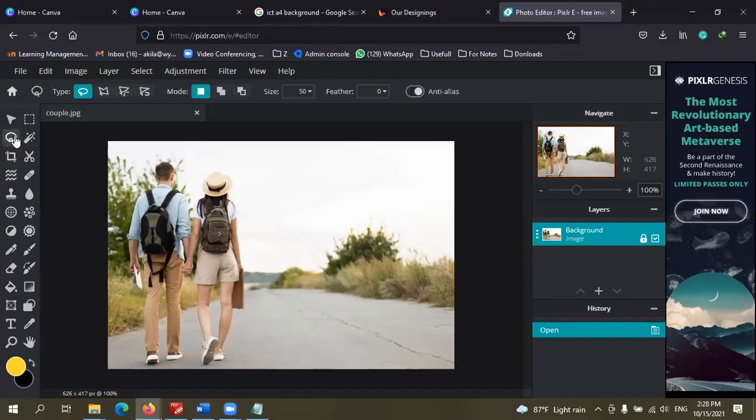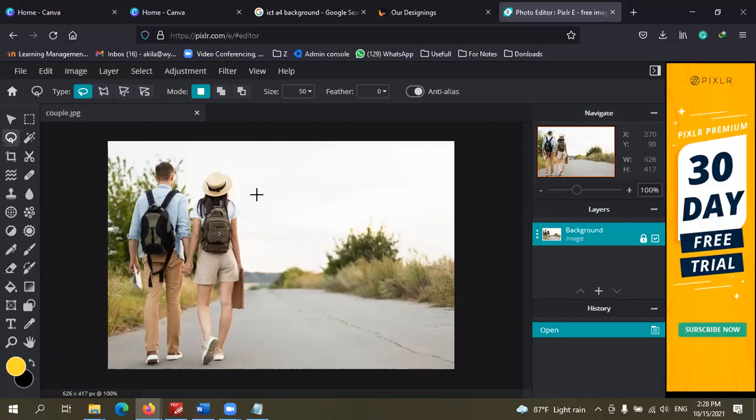This is called the Lasso tool. You can use this tool to select some area from an image. There are 4 options: free lasso, polygon lasso, magnetic lasso, like that. Right, the free lasso is where you can just freely select.